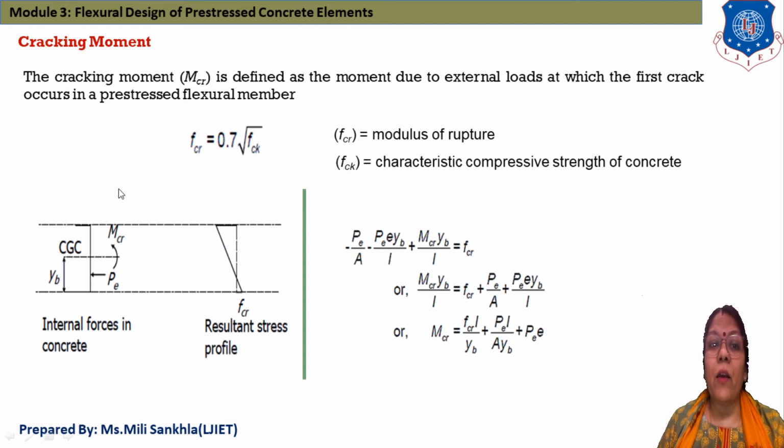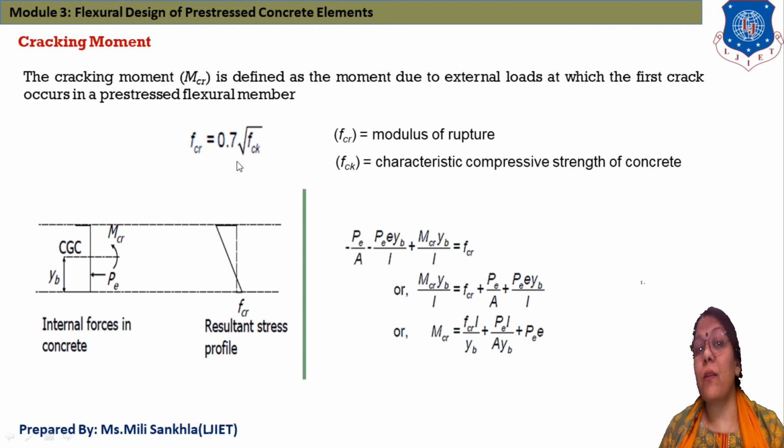And the equation of modulus of rupture, that we already studied in our concrete technology. What is FCR? FCR, and also in the subject design of steel or design of structure, FCR is equal to 0.7 under root FCK. This is the flexure strength of concrete, FCR. FCK is the characteristic strength and FCR is equal to our modulus of rupture, or we can say flexure strength. And the equation of this flexure strength is equal to 0.7 under root FCK. Please remember that. And the second name of this flexure strength is modulus of rupture.